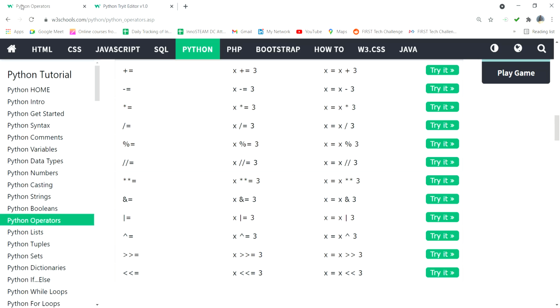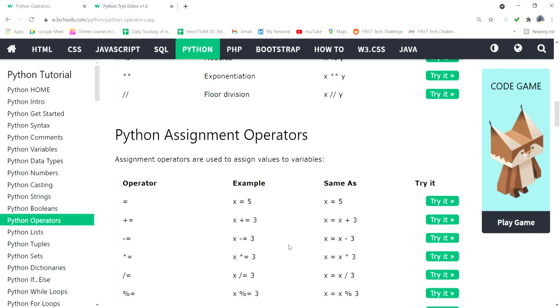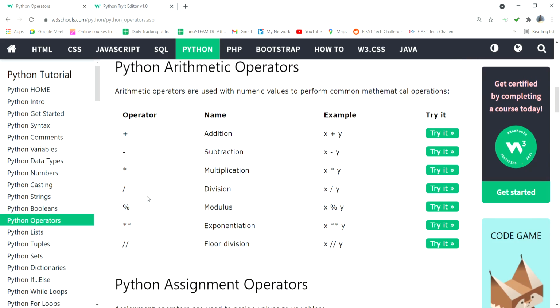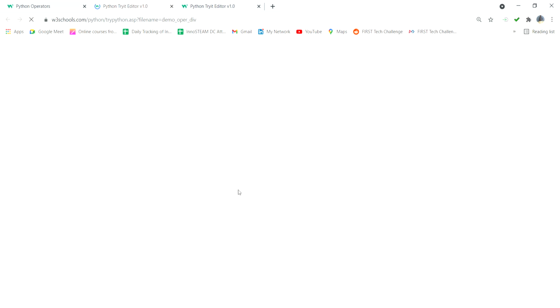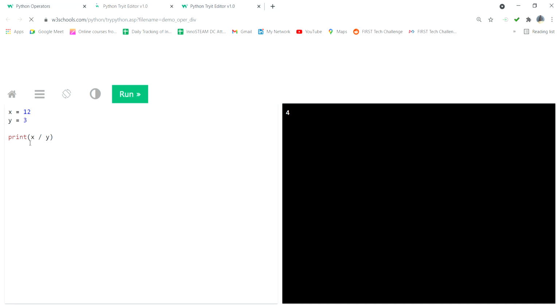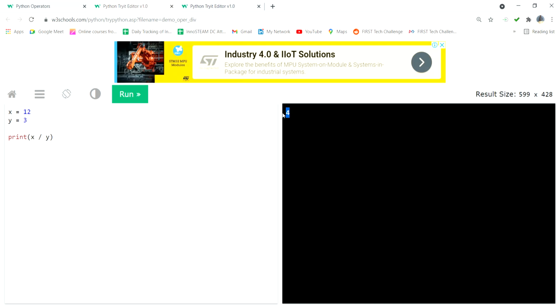So I will tell you one more time. Here, if division, what value do you get as the output? x divided by y, what value do you get, quotient or remainder?